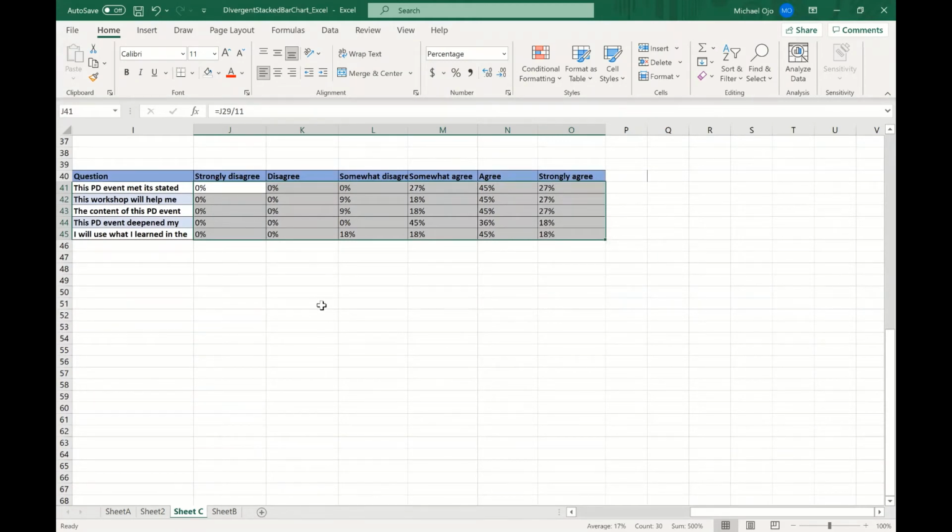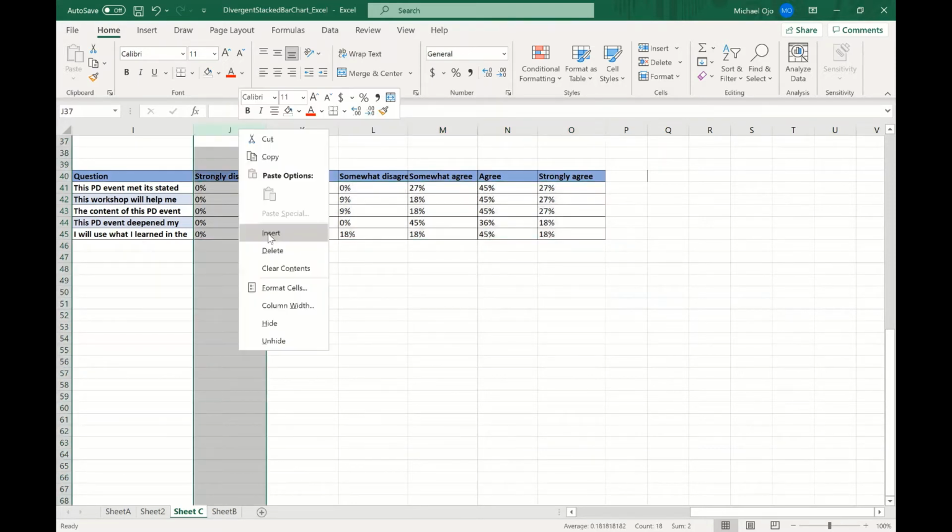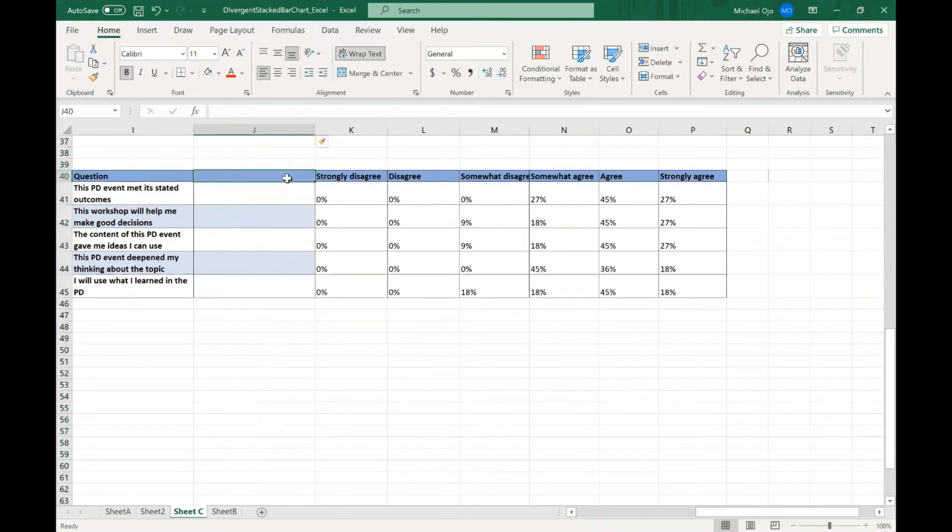So the next thing that I'm going to do now is to get a buffer. The purpose of the buffer is to establish midpoints for all my bars. So I insert columns and call this buffer 1 and the second buffer 2. I compute this buffer by saying 1 minus the addition of all these disagreement options.